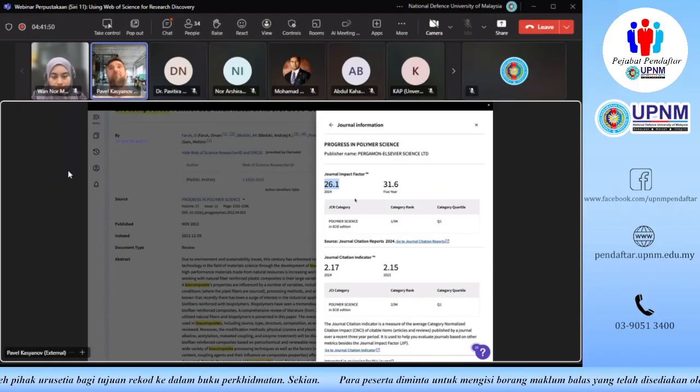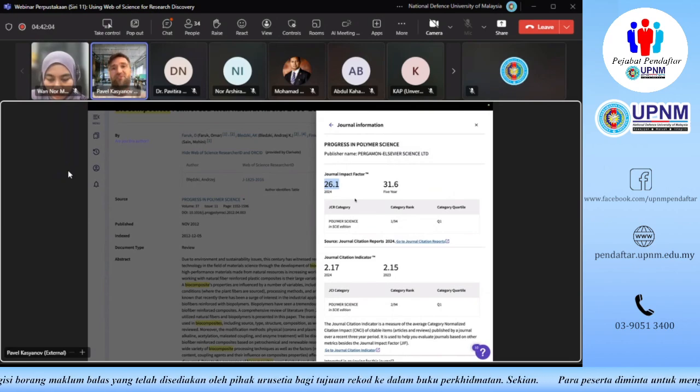But what if we see the value of 3 here, for example? We sometimes can't tell if it's high or low, specifically because a journal impact factor of 3 in the subject area of polymer science is not going to be a particularly great journal. But there are only a few journals with such a high journal impact factor of 3 in the subject area of mathematics.